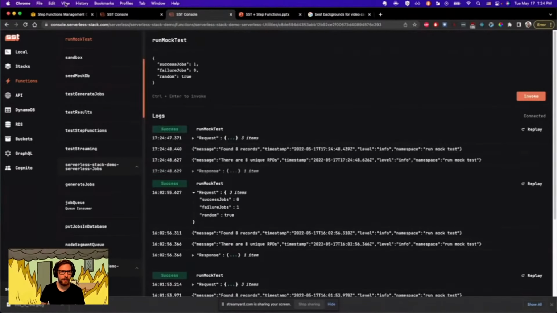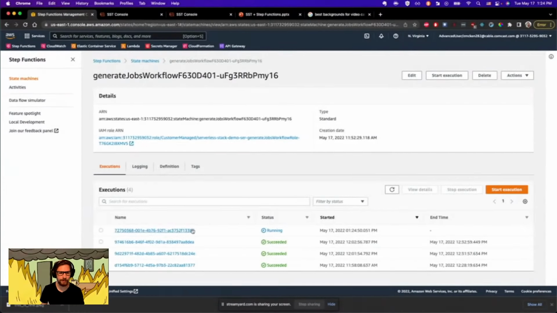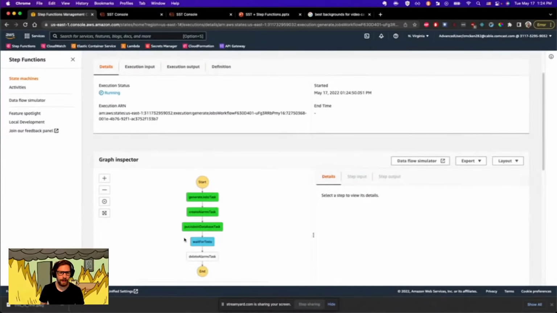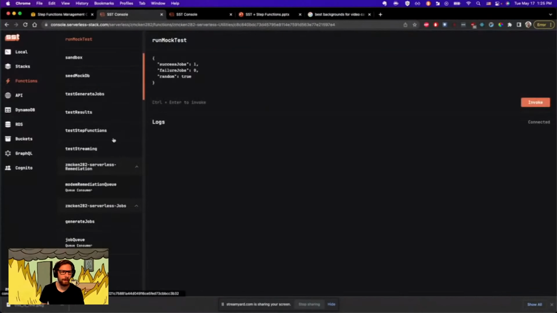And if I go to my, let's see. So the first thing it's going to go to is this generate jobs workflow, and you see the step is running currently. And this is the current job that got processed. So it generates the job that we have, has the model, all the information we need in order to run the test. What's great is that while this is happening, I can go here and,